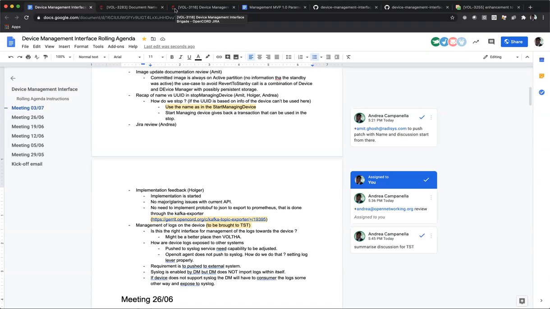If your OLT doesn't have syslog capabilities, you get the logs however you want and then export them to syslog. And so I would expect that to be okay. I mean, it's probably not going to be easy for them, but